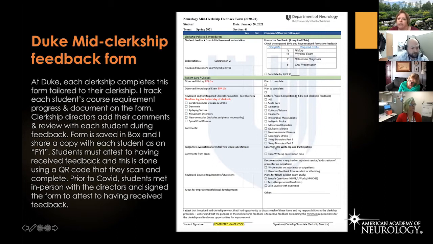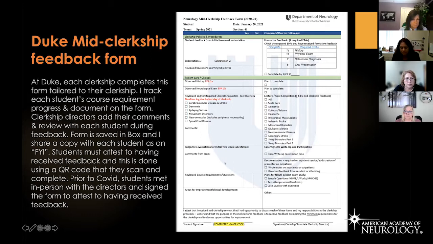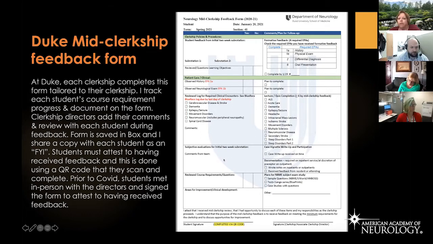We have a case vignette write-up that students have to turn in, and then they have a presentation session with one of our faculty members. So we just ask them to submit that by a specific date. When they meet with the clerkship directors, that's where they will share some of the feedback that they've received for the first 2 weeks. They'll go over required course